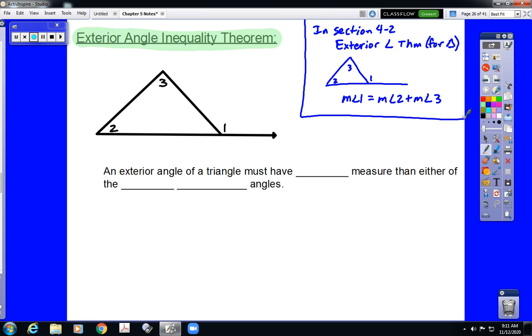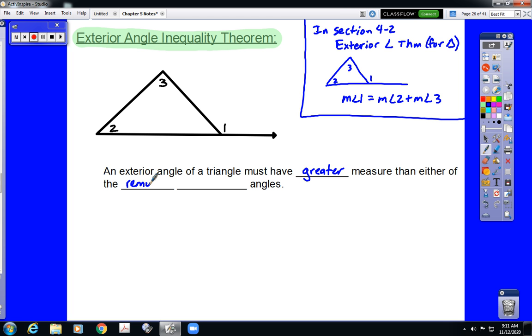Here, things are a little bit different. Because angle 1 is equal to the sum of angles 2 and 3, it makes sense that angle 1 would have to be larger than angle 2, and larger than angle 3, because to get angle 1 you would have to add angles 2 and 3 together, which indicates that both of those angles are smaller than angle 1. So the way this reads is an exterior angle of a triangle must have greater measure than either of